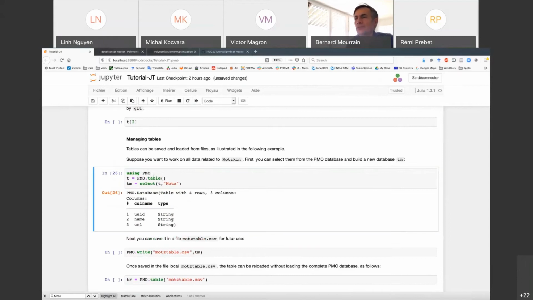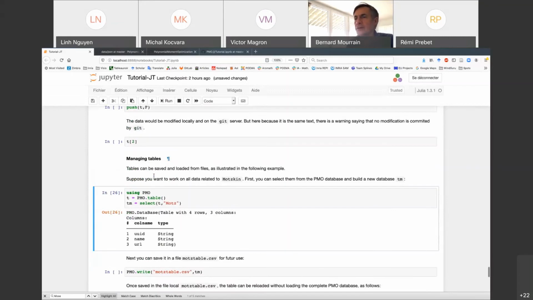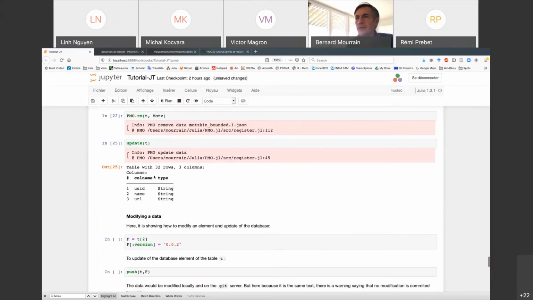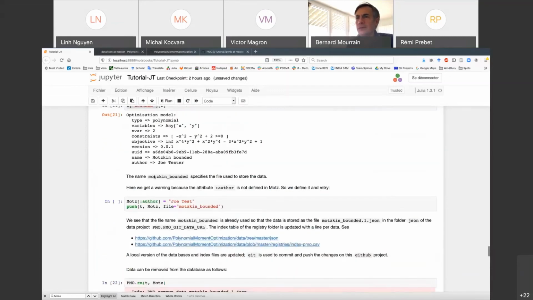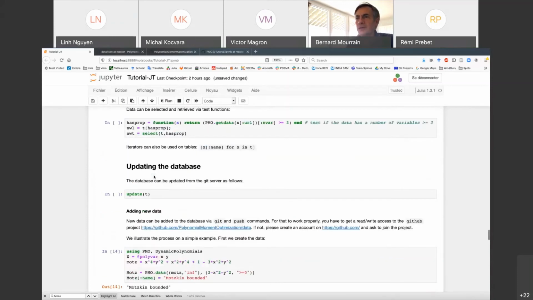So we suppose you want to select some data which have some special property, and you want to use them.